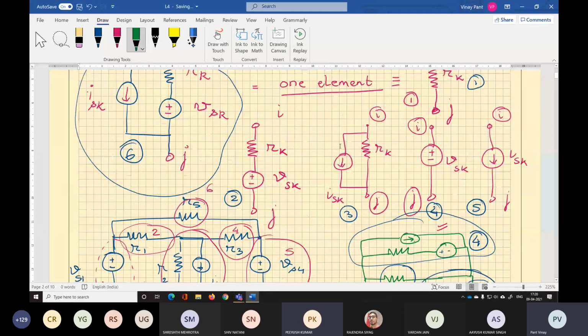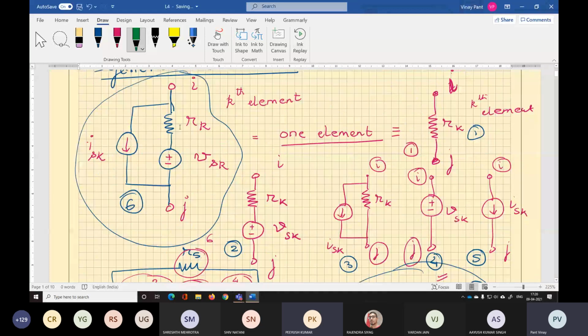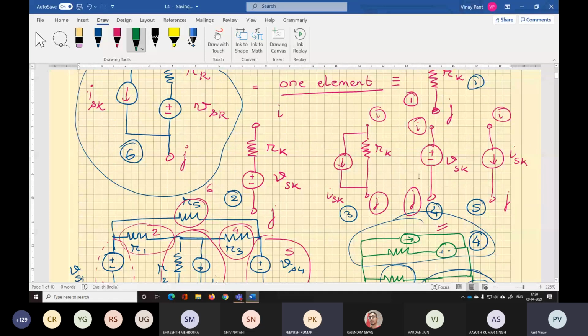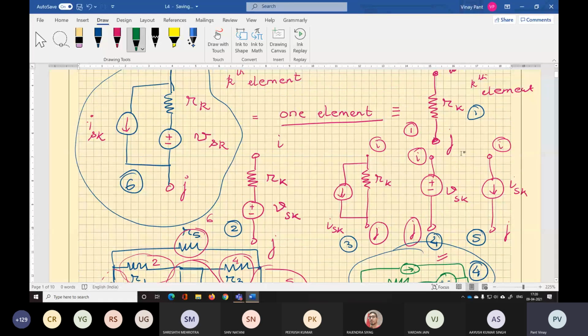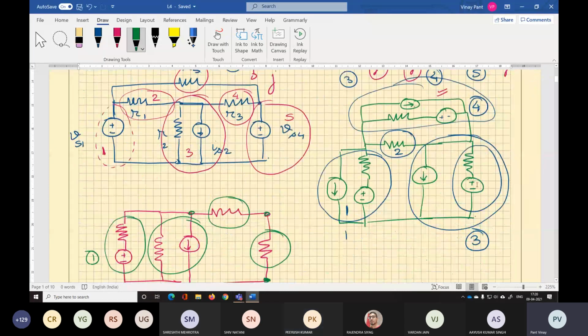We have discussed that this is our general element and then these are the variants. So this is one element, and the resistance is one element. If they are in series, they will be treated as 2 separate elements. Fine. The solution will take care of that. We will not come across such cases.